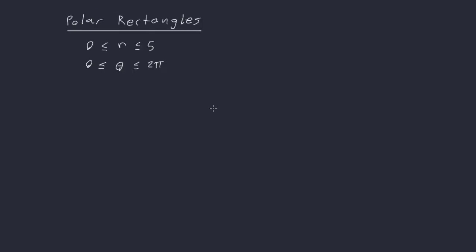Okay, so this actually opens up the possibility for lots of complicated circle-based things. Well, what do I mean by circle-based things? Well, that's what we're going to talk about when we talk about polar rectangles. So polar rectangles are regions in polar coordinates where theta and r go from a constant to a constant. Okay, so when I say that r goes between 0 and 5 and theta goes between 0 and 2 pi, it might not be that confusing to know that, well, what that means is